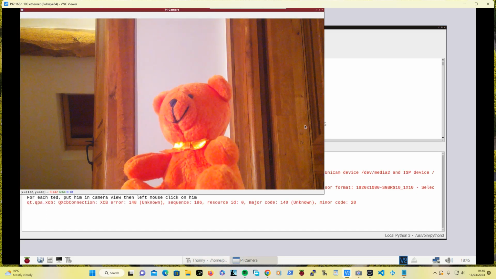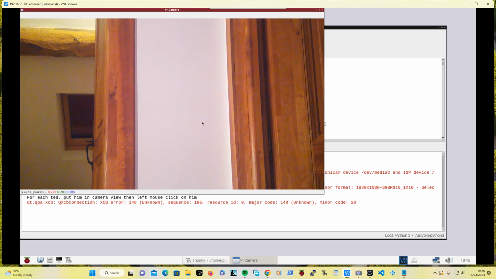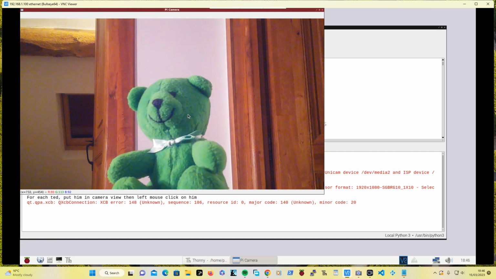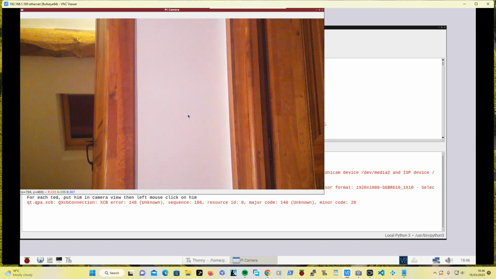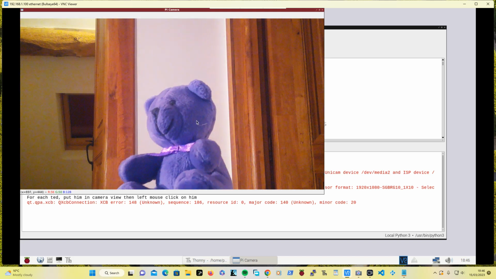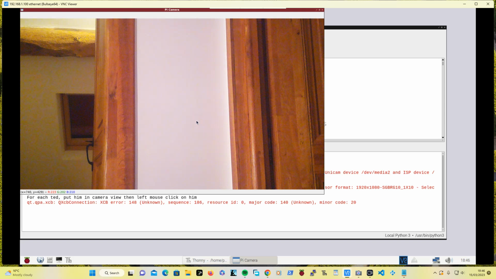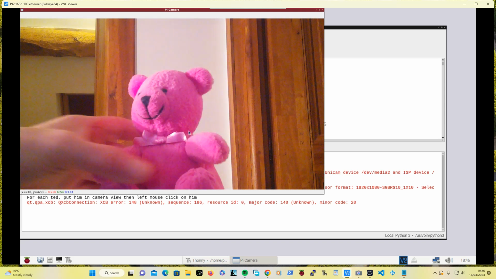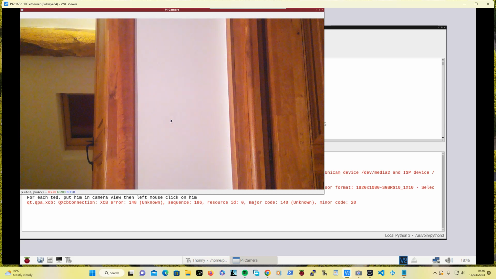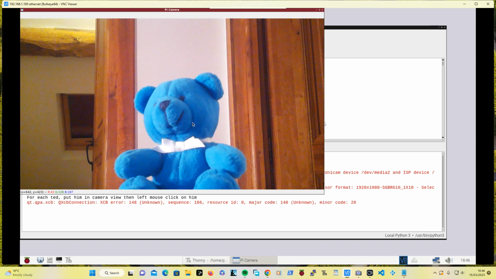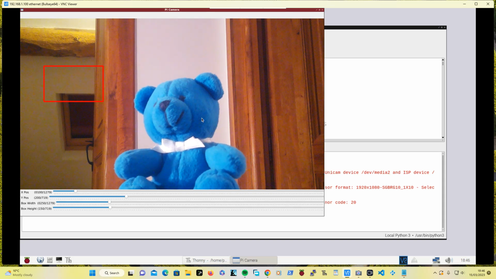Right, so for each TED, put it in camera view and left mouse click. Right, that's orange TED. Green TED. Purple TED. Pink TED. And blue TED. Now we're in the program proper, and it initially shows the track bars to control the position and